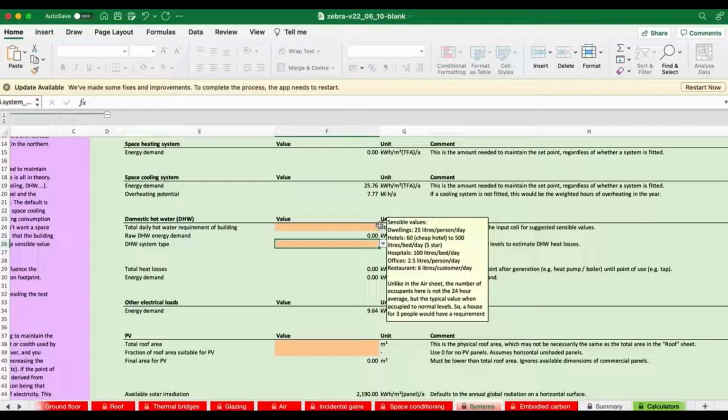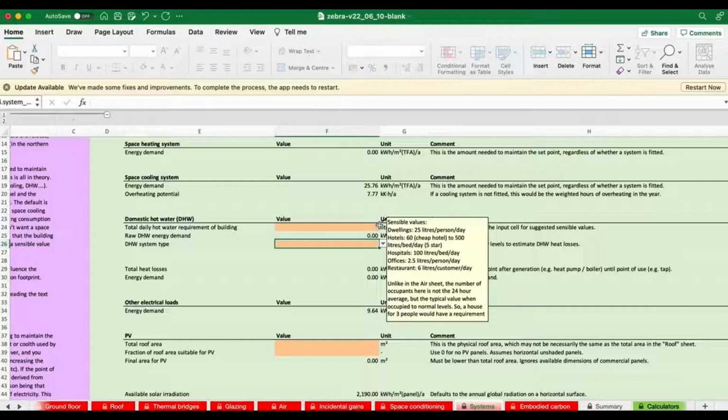Now, we've got some suggested values there for the energy consumption of buildings. They were default values we found after research. They may not apply to the building you're designing in the location you're designing for. The values here, which are given as examples, are usually per person per day, and that's actually the typical occupancy level of the building.